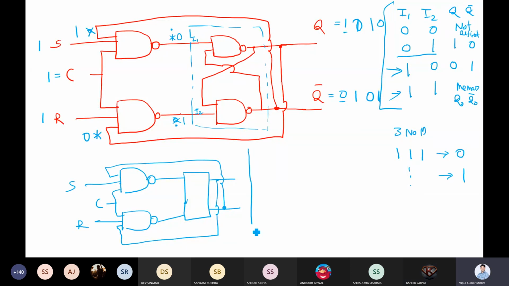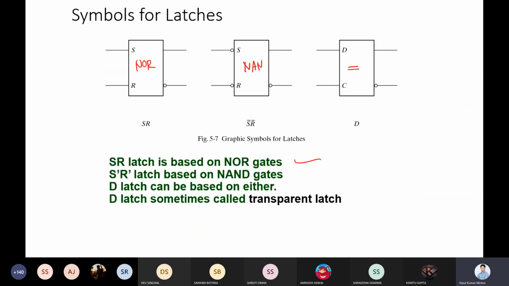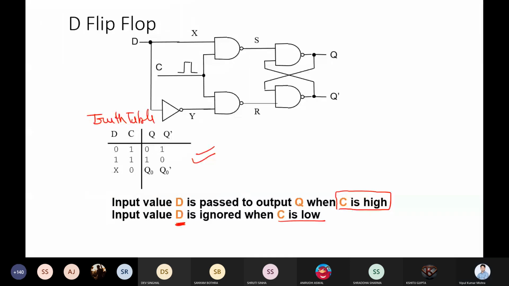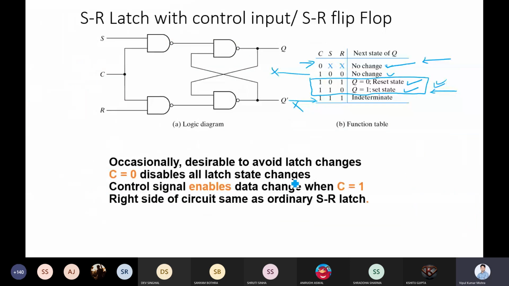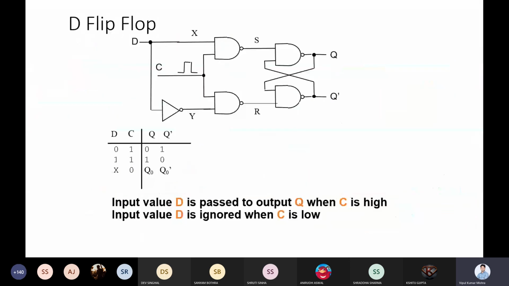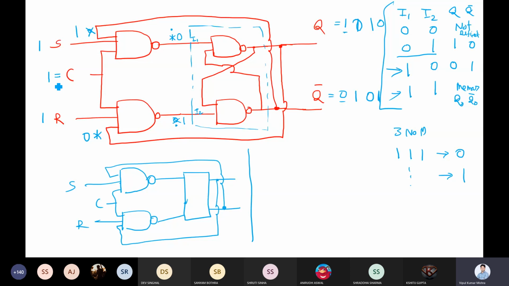Now let me go through this circuit where we talked about, yeah, this one. When we have S and R as 1, 1, what is that state? Indeterminate state. Now in this current circuit, when your S and R value is 1, 1, can we see some behavior here? Previously it was not predictable. Now you are able to see the behavior.